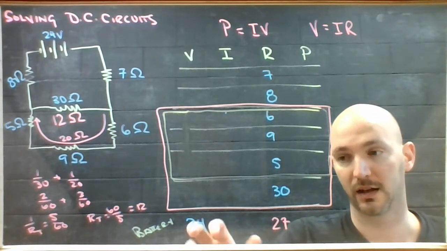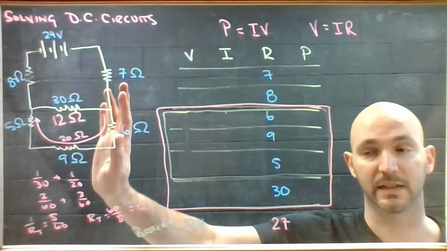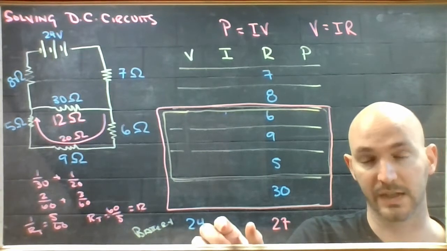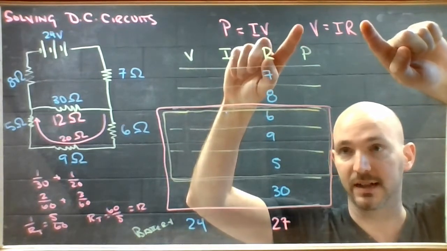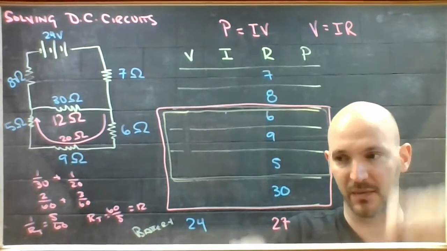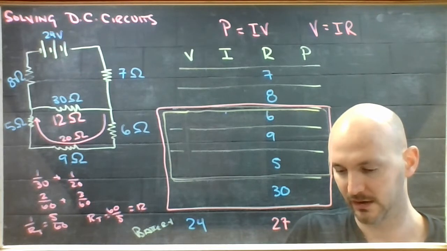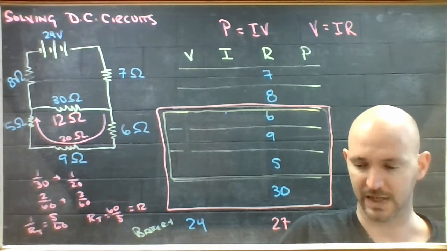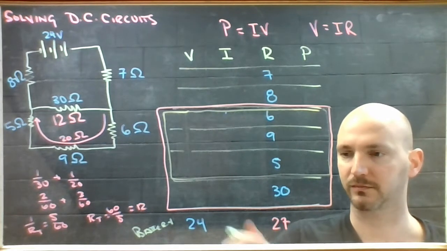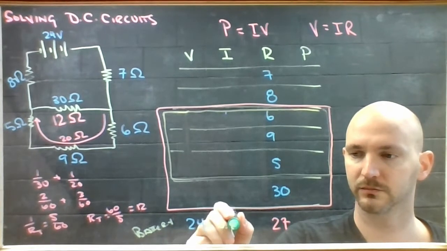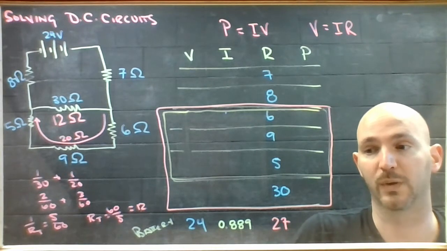So, you see the pattern that's happening here. You get the total resistance of the circuit, no matter how complicated it is, and then given the voltage of the battery, you can get the current that will flow. So, from a voltage and a resistance, with my Ohm's law, I need to take my voltage divided by resistance, and that will give me my current. So 24 divided by 27 is 8/9, 0.889. So 0.889 amps worth of current are going to